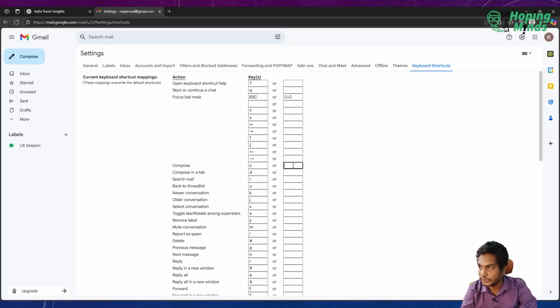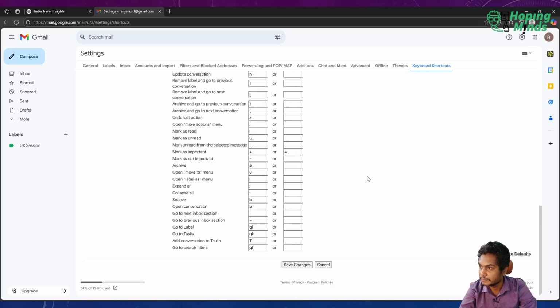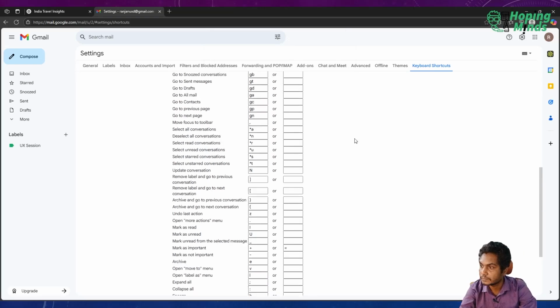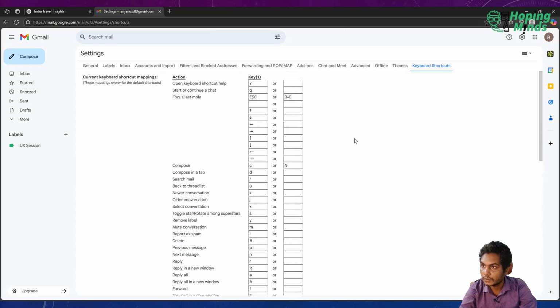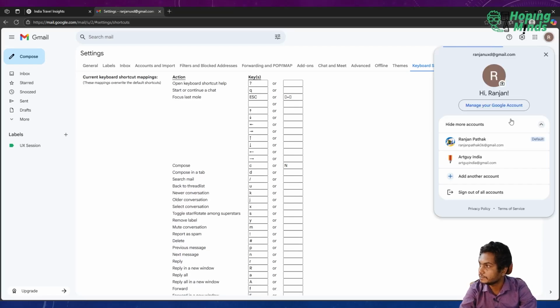And you can also change the shortcut. Let's say I want to use N for compose. All right, this should have been working. Compose in a tab. Okay, let's go back to regular Gmail